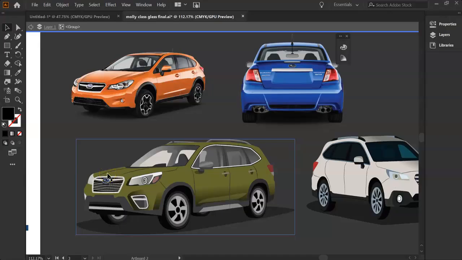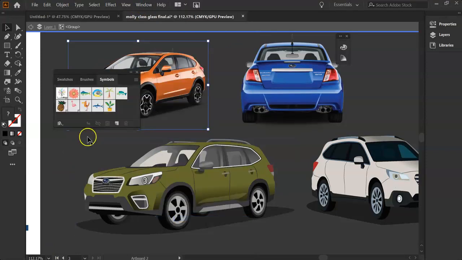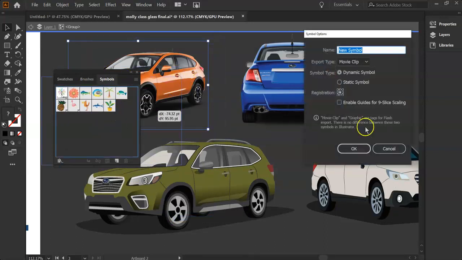Okay. I'm going to diverge a little bit and talk about symbols. So now I've got 4 different vehicles, and I may want to use these symbols often. So now what I want to do is open up the symbol library. Okay, and then I want to click and drag each symbol into the library. Okay, and I'm going to call this